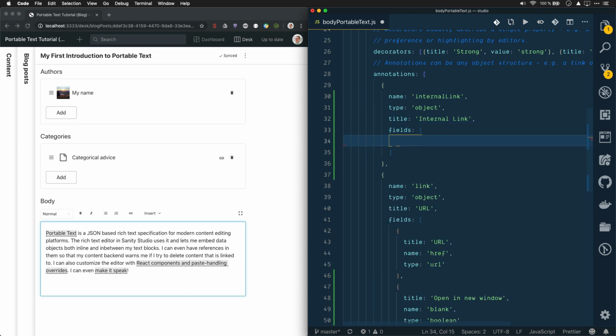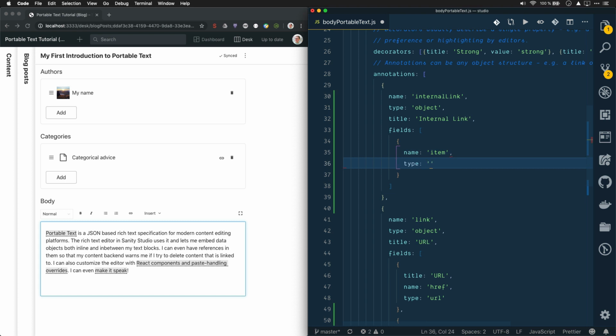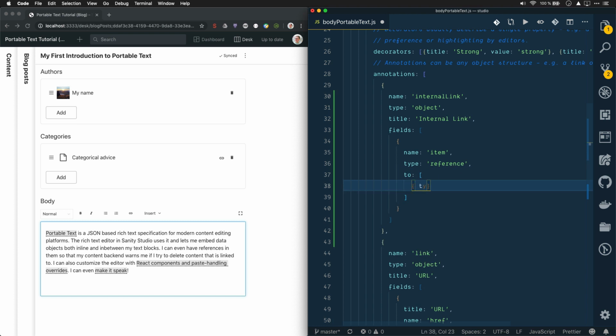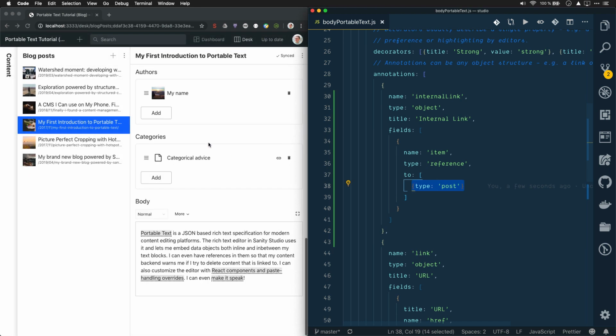And in this case, an internal link is just a reference to another, let's say another post in the blog. Let's just call this item. It will be a reference, and it will be a reference to the type post. You can, of course, if you have more types that you want to be able to link to, just add these in this array. So now saved, and if we scroll down,